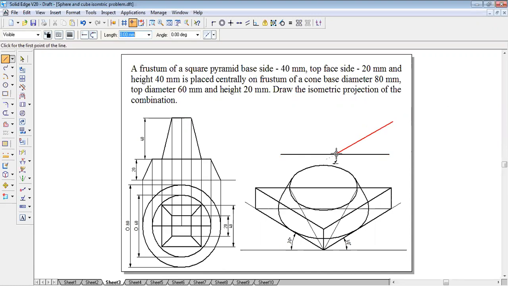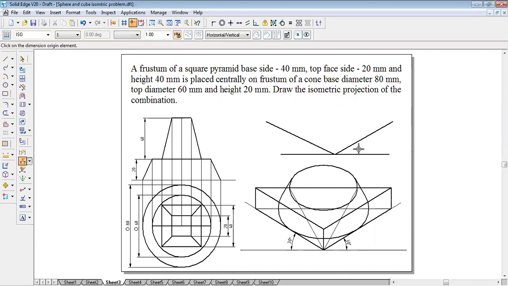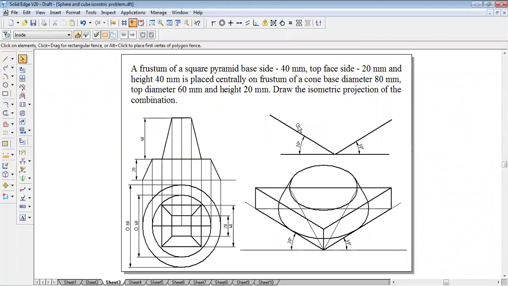Some angle here, the angle that side. Then the angle between these two lines is 30 degrees. Now I'll make this line 40 mm. It's also 40 mm. Okay.